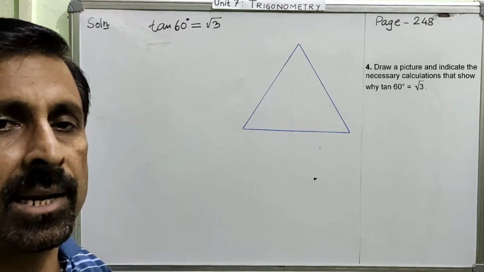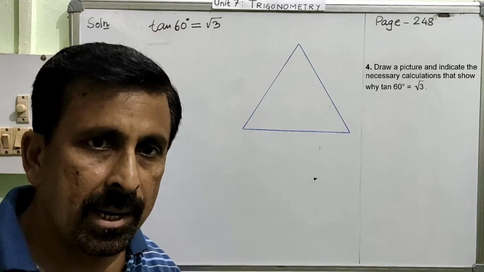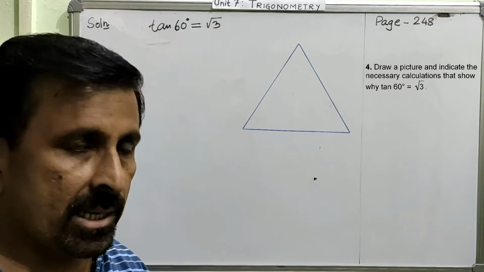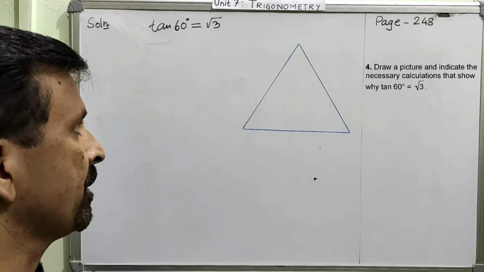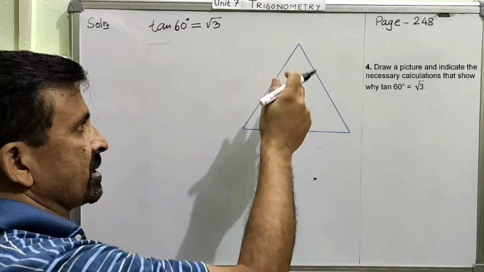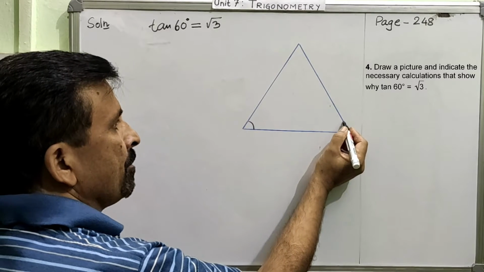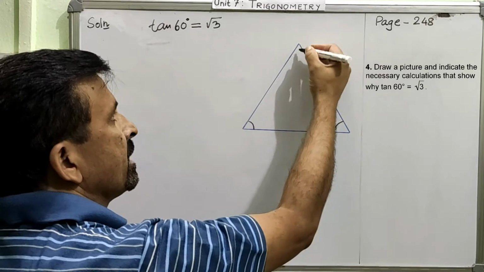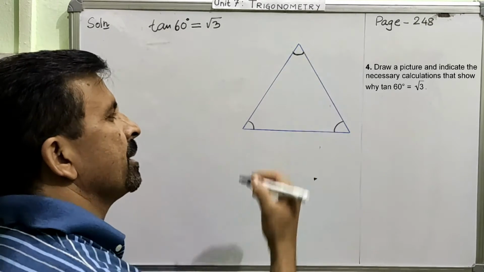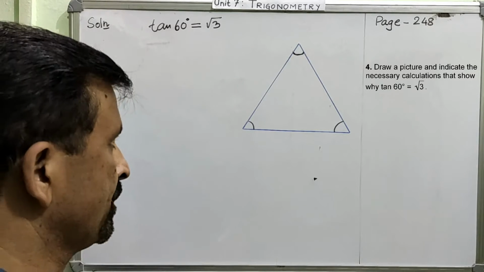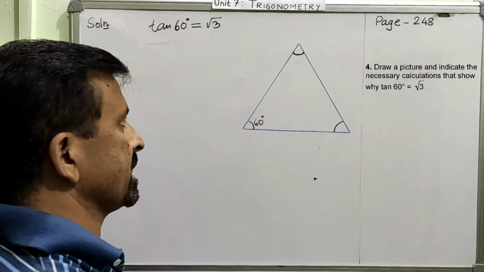You know, an equilateral triangle is a triangle whose all 3 sides are of equal length. So I drew here our equilateral triangle, right? Since this is an equilateral triangle, the measurement of all the 3 angles will be the same. Each angle will be 60 degree. Am I very clear? I will mark this as 60 degree. This angle is a 60 degree angle.